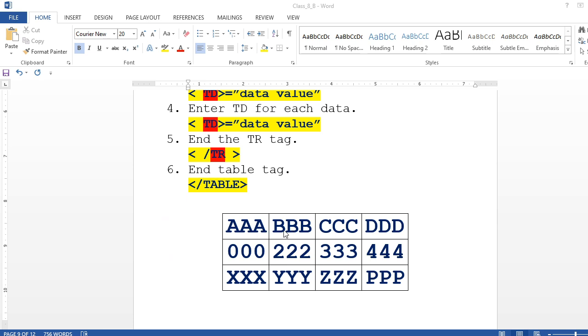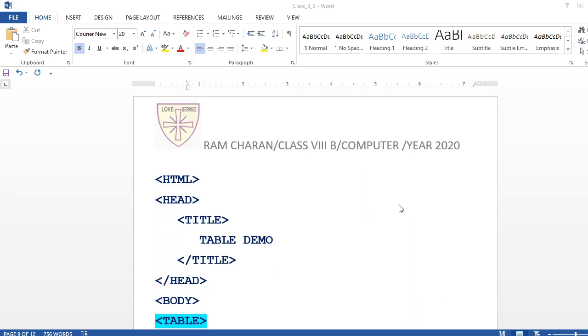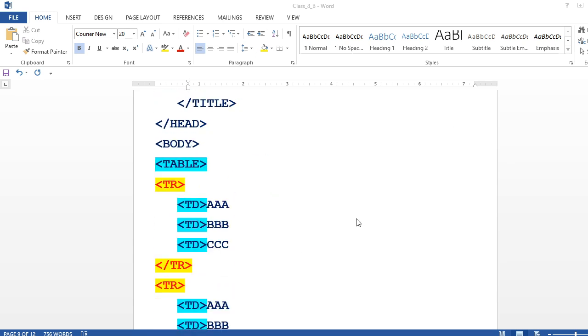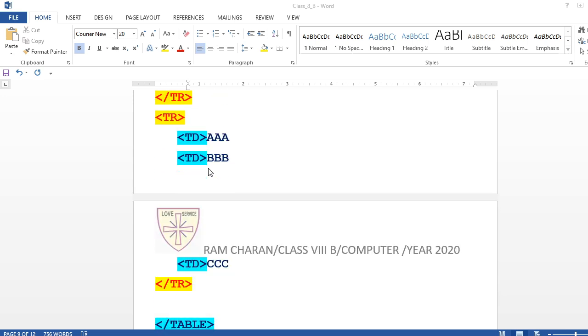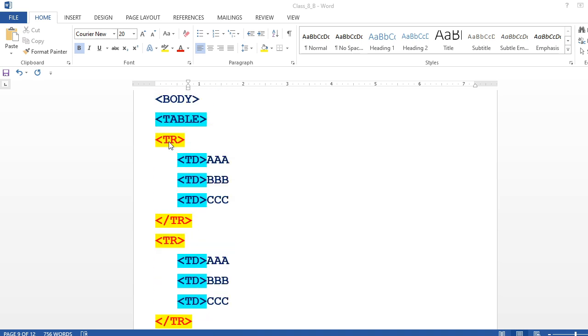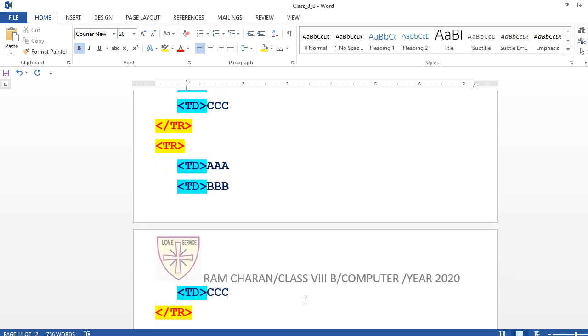So this one is the first column, a b c d. So I had created here an HTML table tag. Now here you see I had started a table tag, and I had ended the table tag at the last. Now how many rows are there? Three table rows. I had marked these with yellow color. So the first table row is starting and ending here, the second table row starting and ending here, and the third table row is starting and ending here.